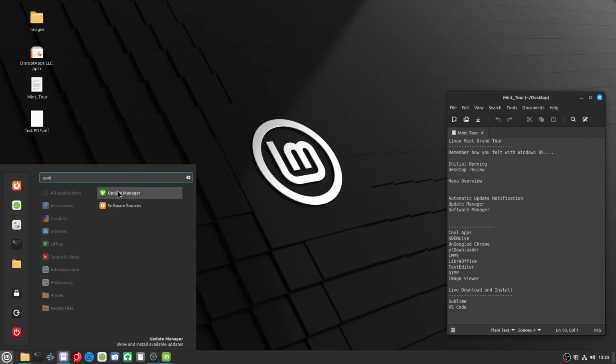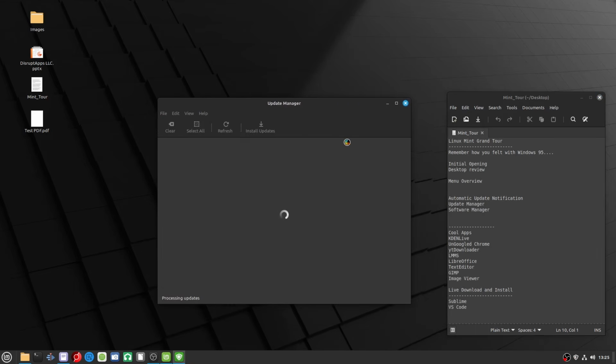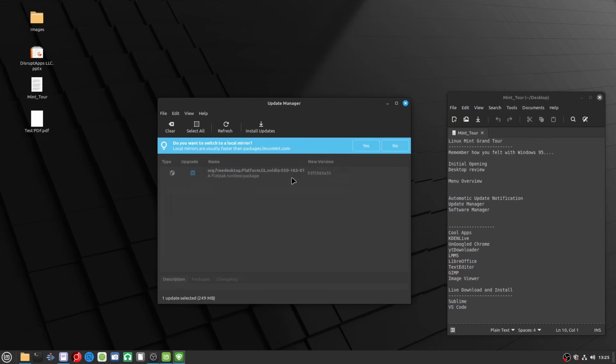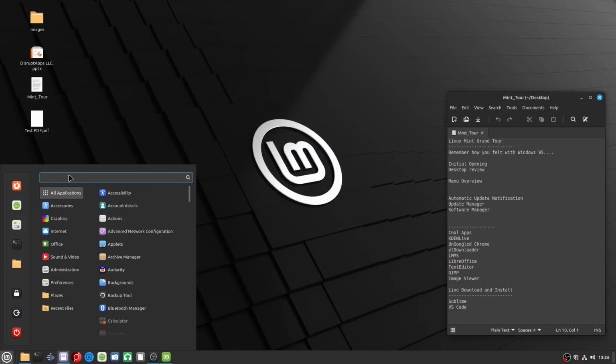So you can click here and boom. It'll check online to see if you need any updates. I just did an update and a reboot, so we've got one update that can be done. Right now I'm going to go ahead and skip that because I don't want to do another update. Now, what's really cool about Mint that I like is they have an app store type of thing,